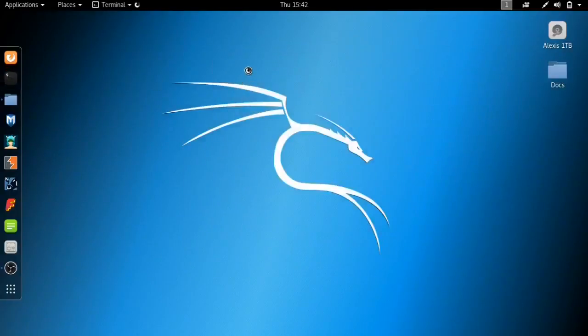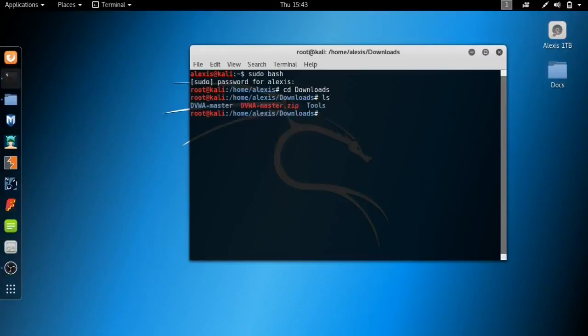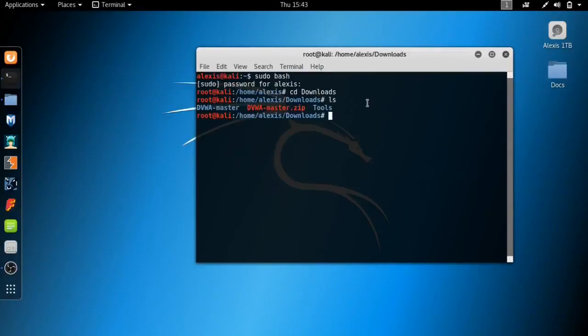Now, since it's not actually closed yet, I'm just going to open a terminal, and I'm going to enter my root. And what I'm going to do is go to my downloads section where my DVWA master file is stored. Make sure you're in root, you have root privileges for this. We're actually going to copy the DVWA master folder into the /var/www folder, our default web server for Kali Linux. So in order to do that, we're going to have to say cp